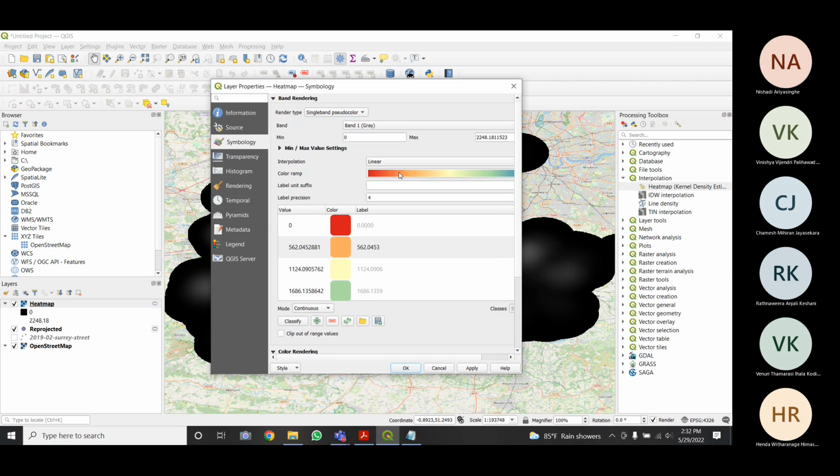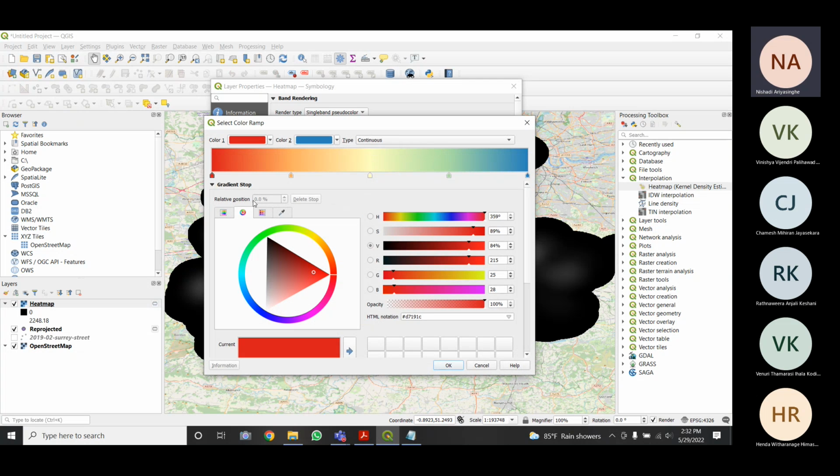So we can always change. 1, 2, 3, 4, 5 colors are there. You can always add a new color as well. That depends on you. You can right click here and select a new color. Right.